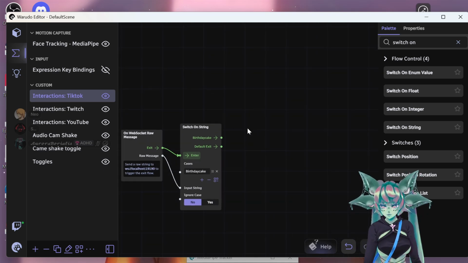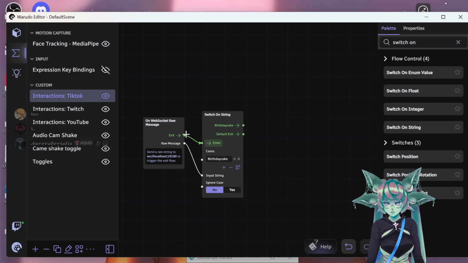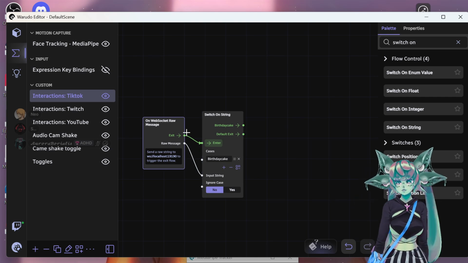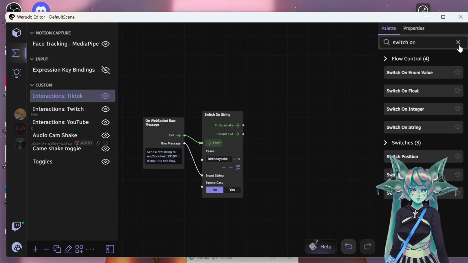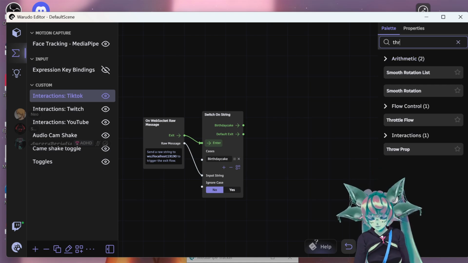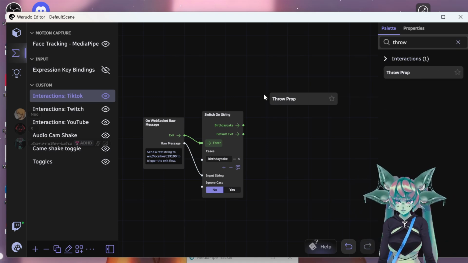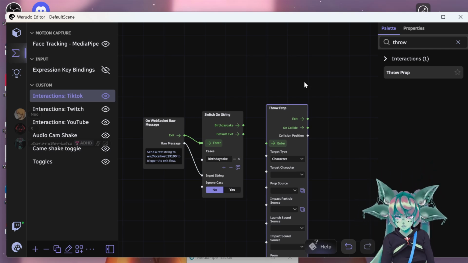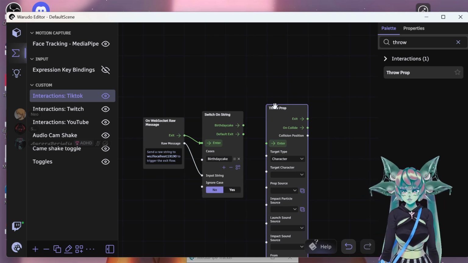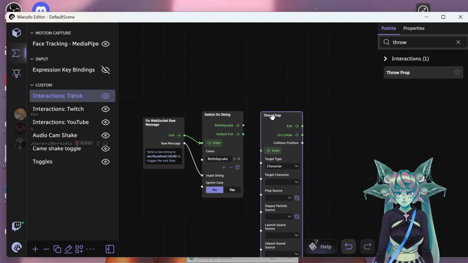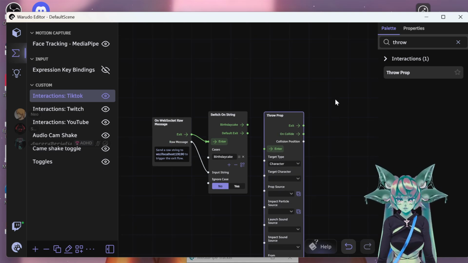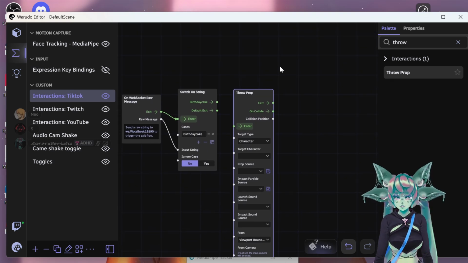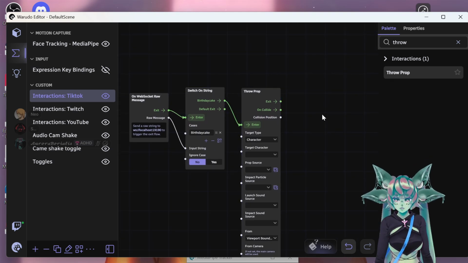Okay? Because this communicates with streamer.bot to Warudo to do the things. And then from here, we'll type in throw prop. Now with throw prop, you can actually get away with doing a lot more with certain extra add-ons. So you're going to want to connect birthday cake right here to make sure that it's